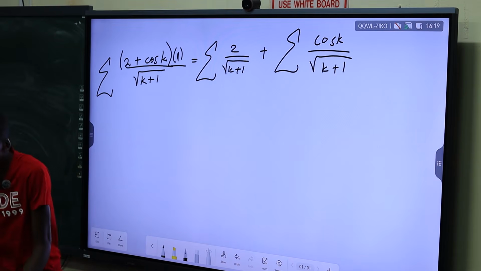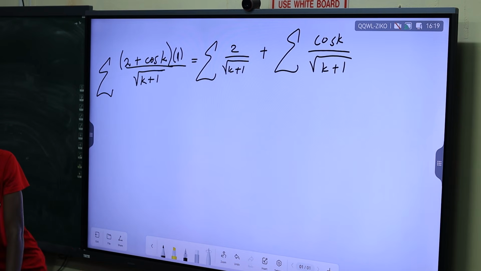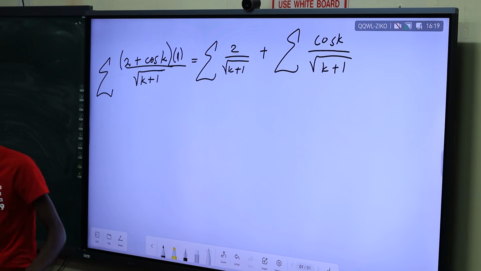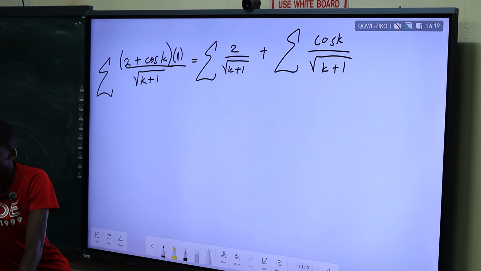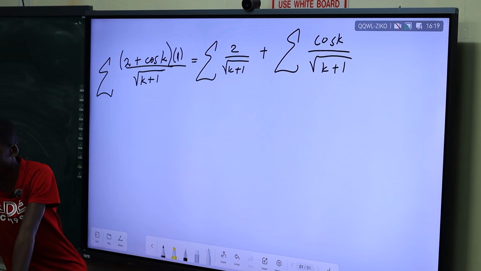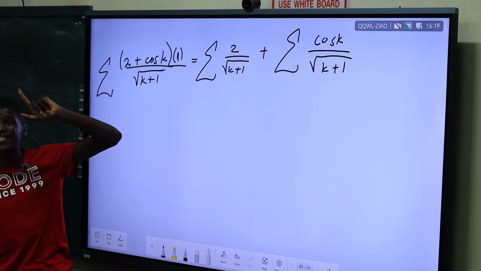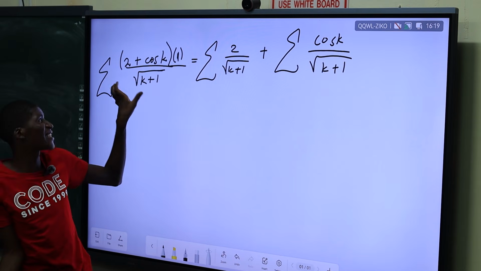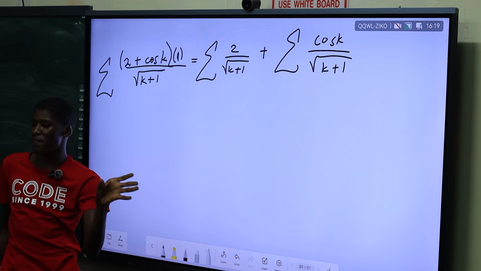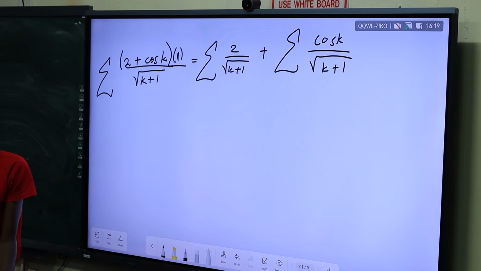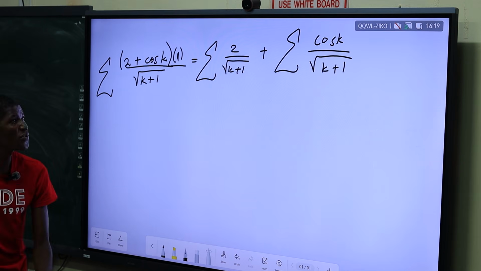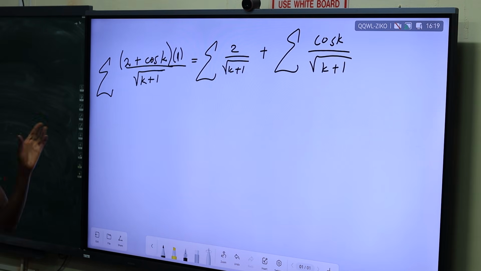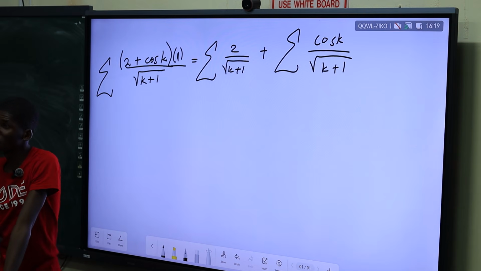Now, right. So it's the ln of 2 plus cos k times 1 over square root of k plus 1, divided by that and that and that. All right, how do we solve that? Can you try to use the integral test? First hint: split the two terms of the numerator using this common denominator of square root of k plus 1. That is the first hint that I gave people to make things easier. I wanted to introduce the integral test first because I know that one way or the other, it must work.